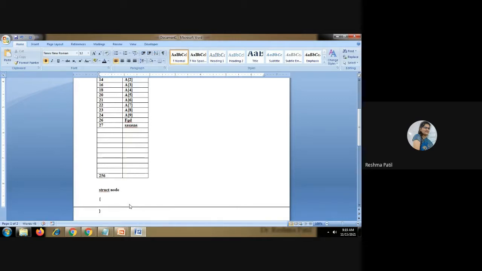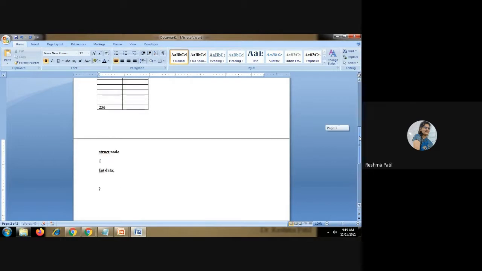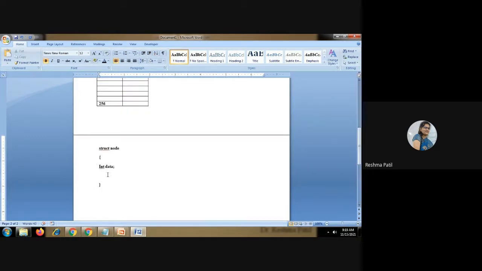What that node contains, that part you are going to write here. What type of value that node is going to contain, that data type is here. I am writing integer data. And next is pointer to itself, a referential data structure.